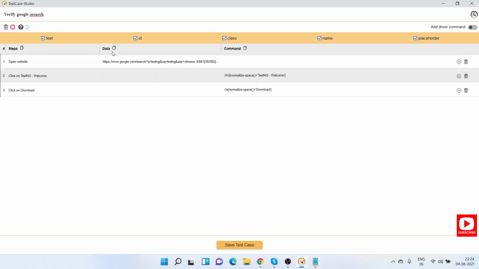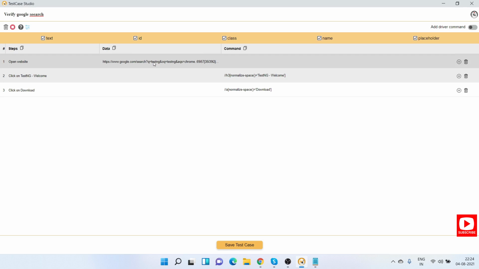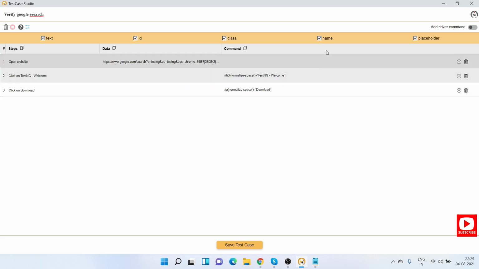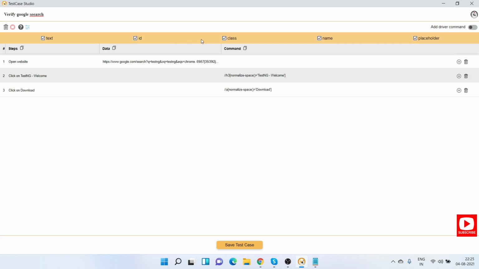So it is an automated way, so there is no need to write test cases manually, whatever action you are performing. Likewise, you can manipulate the test data also, the data which we have provided. For example, it's a URL, so you can see that URL here. And the commands, like generally we see the Selenium based commands, like the xpaths, what xpath we are using for such a step or element where we are clicking using a mouse action or keyboard. It will capture those commands. In case you want to see only the ID of the attribute you are trying to search, you can check and uncheck these boxes. So this is a complete overview of this tool, which is very handy.